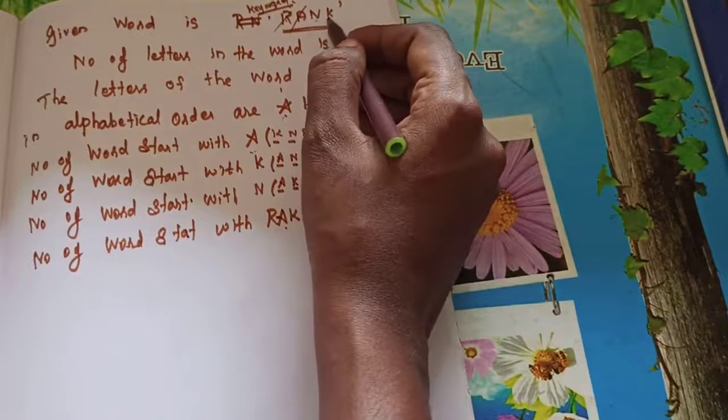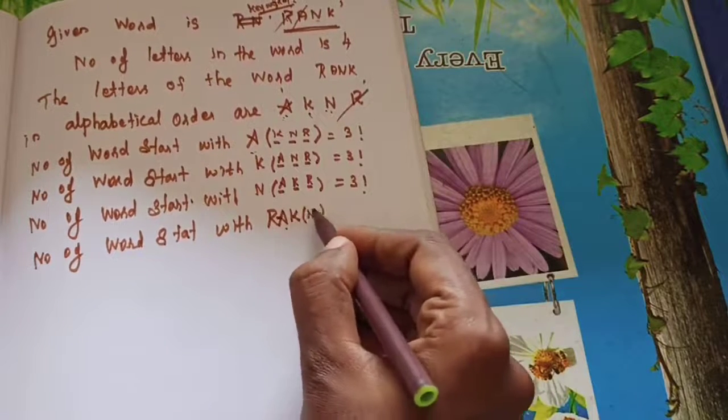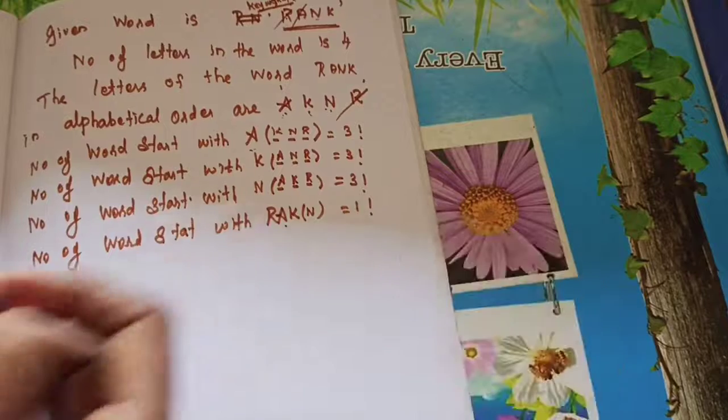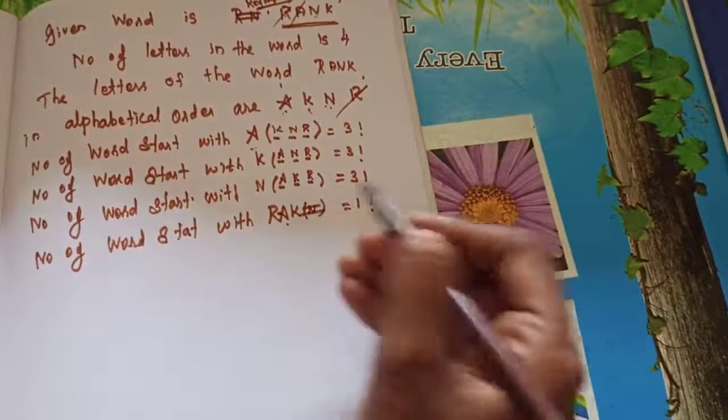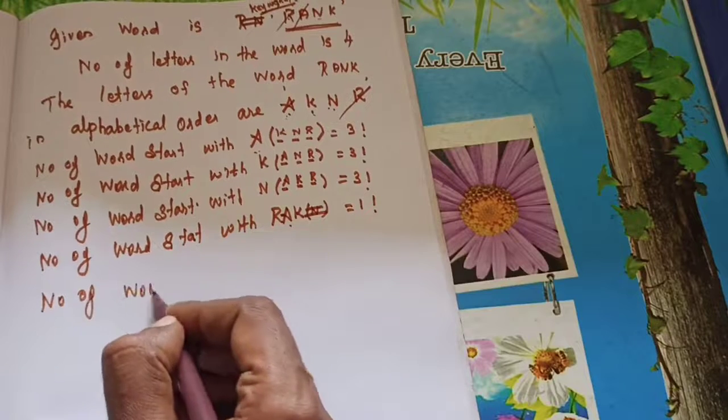So what's the only one letter balance apart from R, A, K? N alone, is it right? N alone is the balance. So 1 factorial. Okay. So got it? Here you need not put the bracket. Understand? So next. Number of words